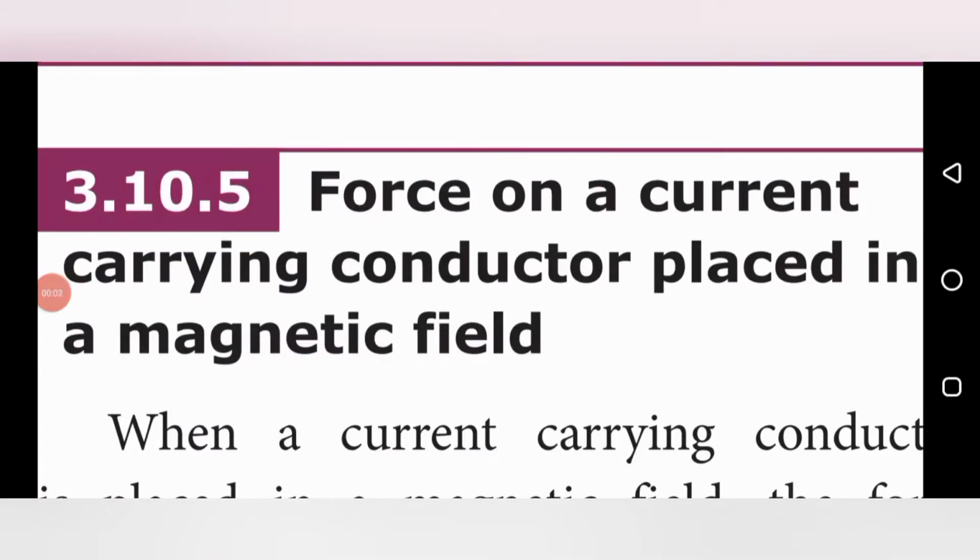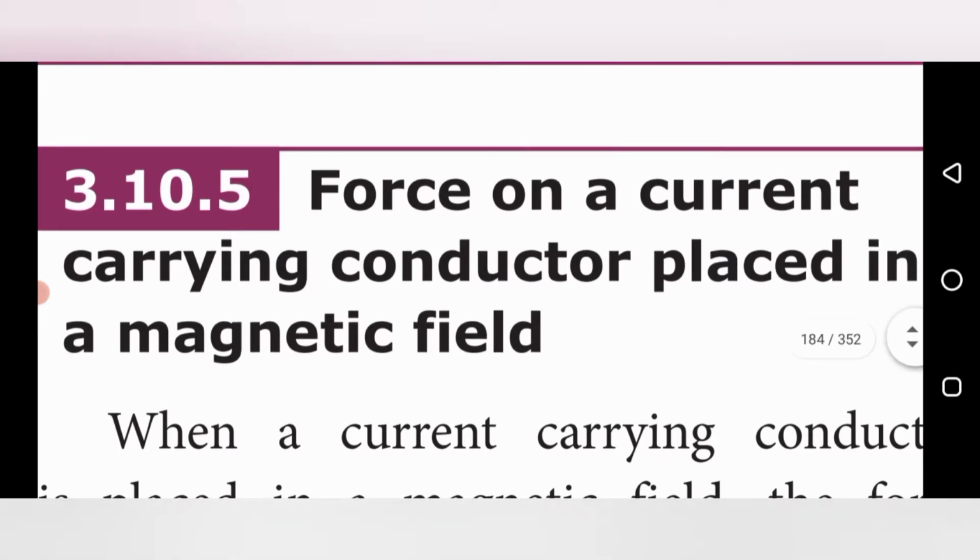Afternoon to all. Today's topic is the continuation of yesterday's topic, that is Unit 3, Magnetism lesson: the force on a current carrying conductor placed in a magnetic field. So we are finding the values of the uniform magnetic field which is present, and we have to find all the values, that is, the motion of an electron, a revolving electron, like that. So we are finding the values.